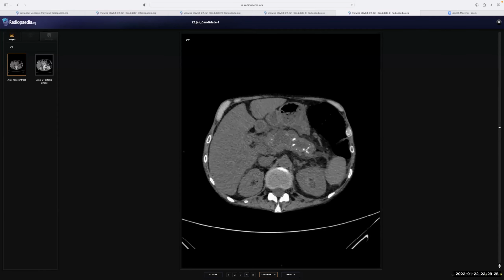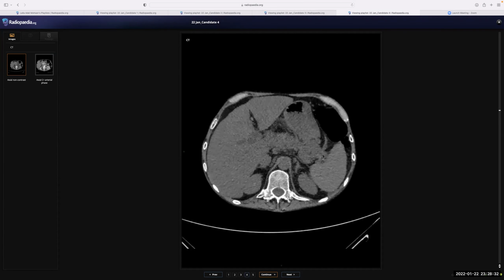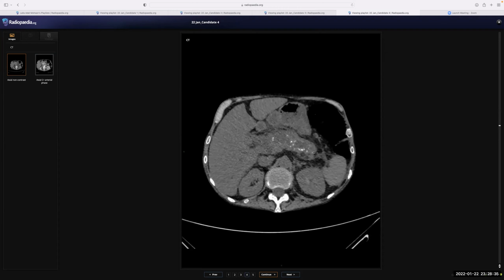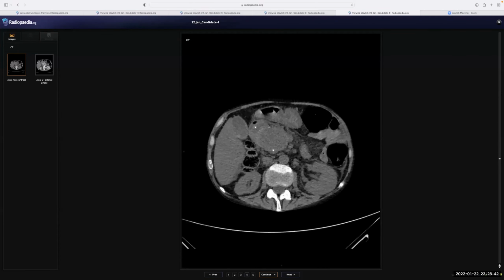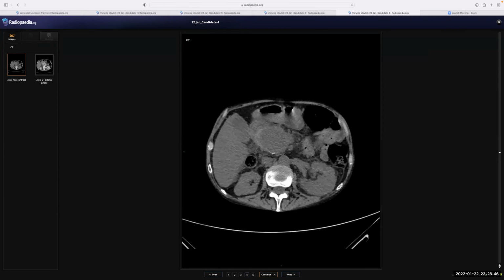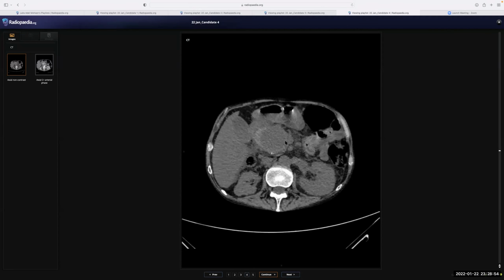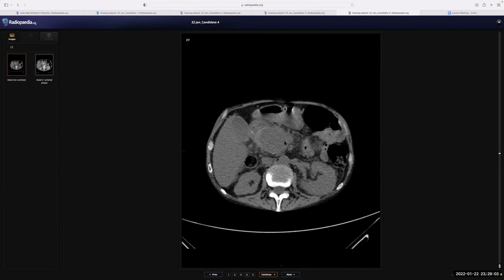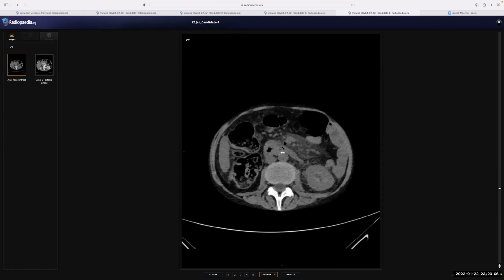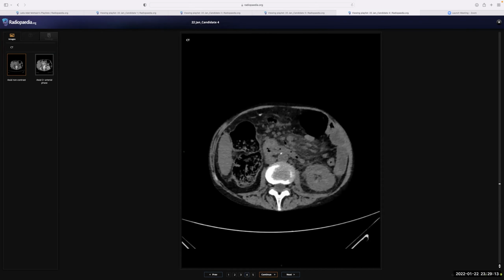And both kidneys appear normal. However, in the pancreatic region, I can see many calcifications in the parenchyma, and also the pancreatic duct appears dilated, which is expected in a chronic pancreatitis case. But along with that, I can see that the head of the pancreas shows a well-defined, large soft tissue density lesion, and there is surrounding fat stranding in the mesentery, and